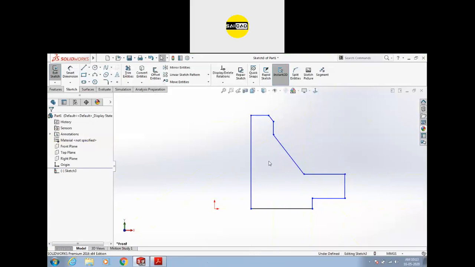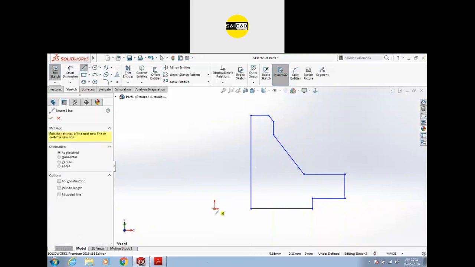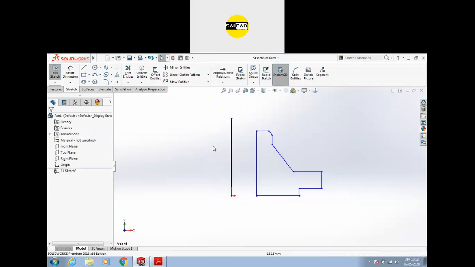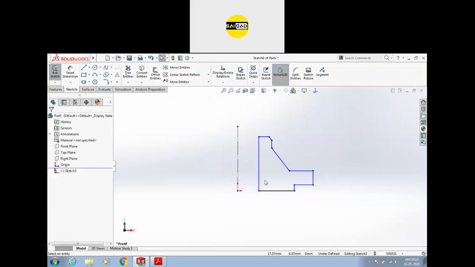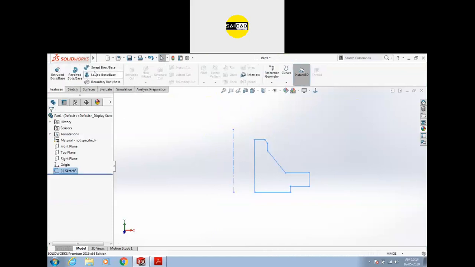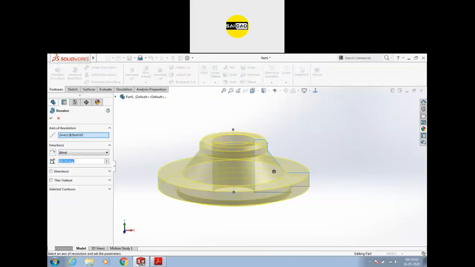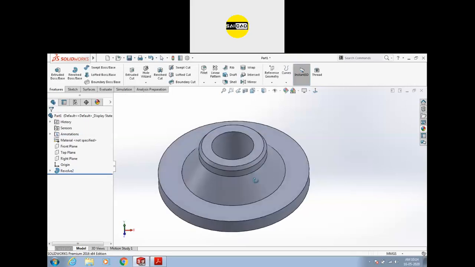So we have this shape here. This is vertical. Okay. So suppose this is our shape. I'm not going to define right now. I'm going to just create a revolve. Okay. This is a rough shape.